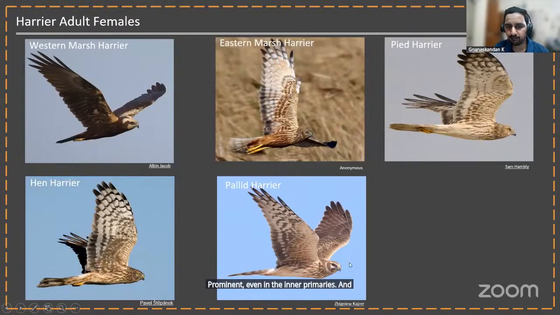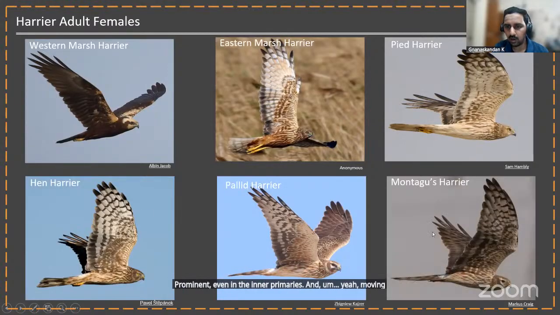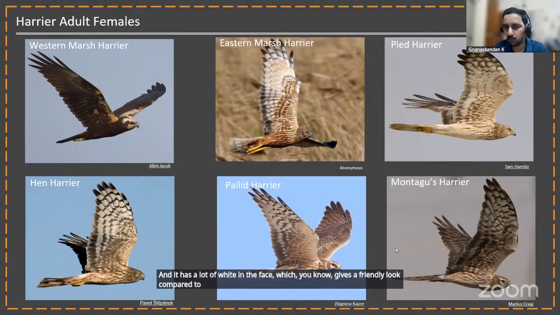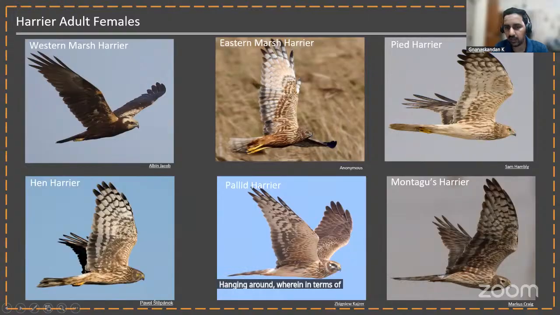And yeah, moving on to the Montagu's Harrier. Montagu's Harrier shows a very pale collar, or the collar is not so prominent, and it has a lot of white in the face, which gives a friendly look compared to the Pallid Harrier. Because of this, the ear covert patch is not so connected. It is hanging around,